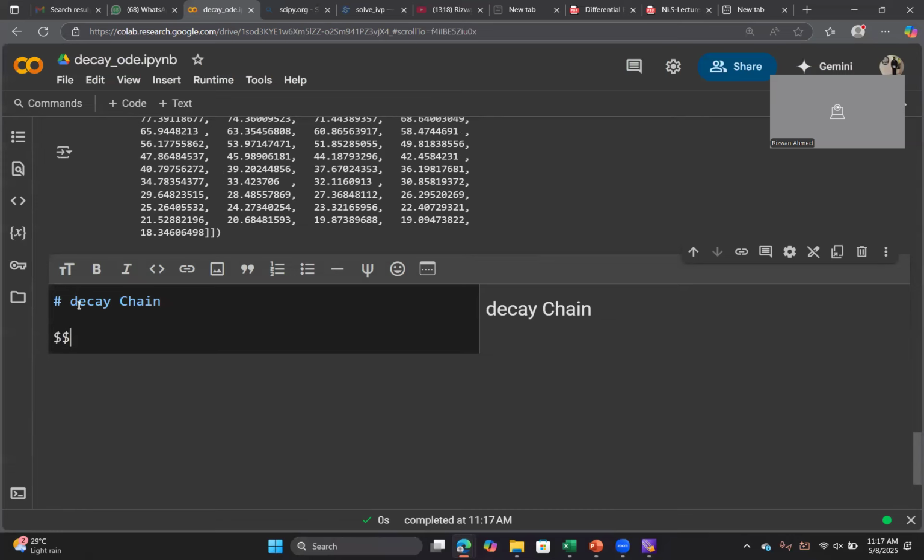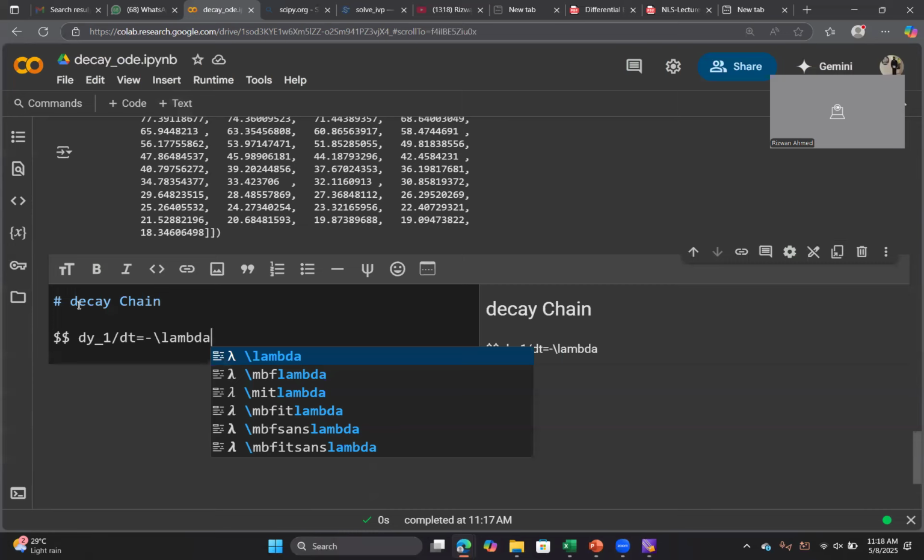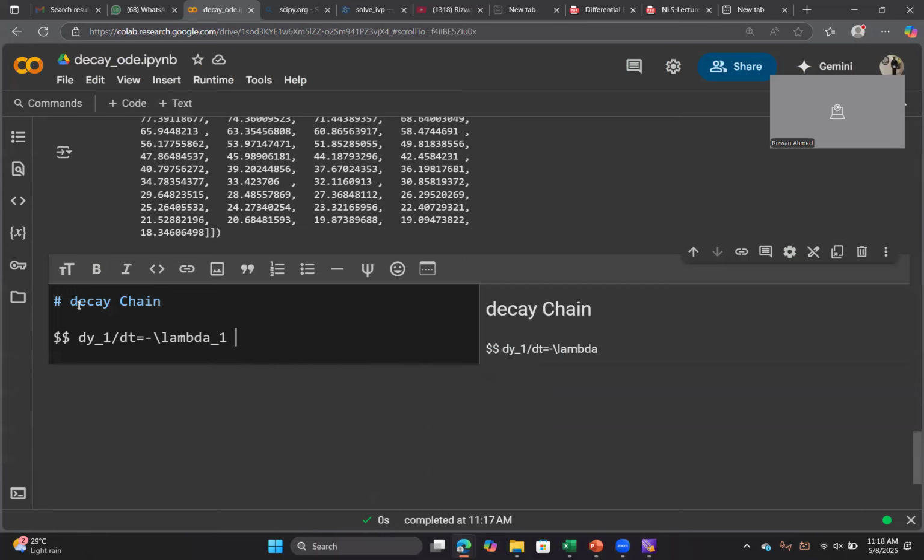So my equation will be dy1 dt, and it is only decaying, so it is minus lambda 1 times y1,